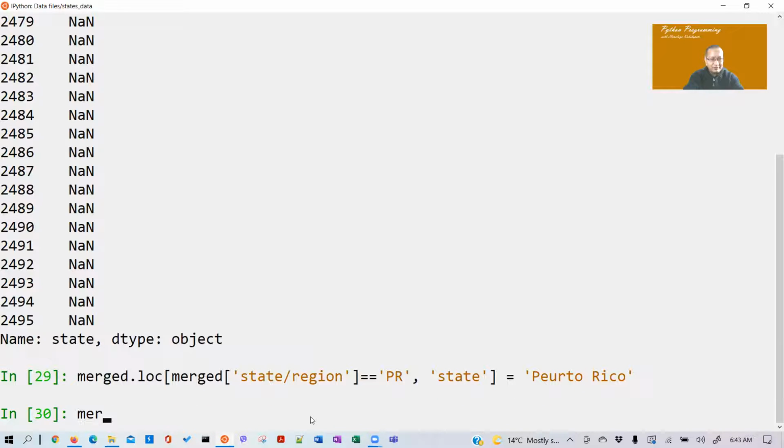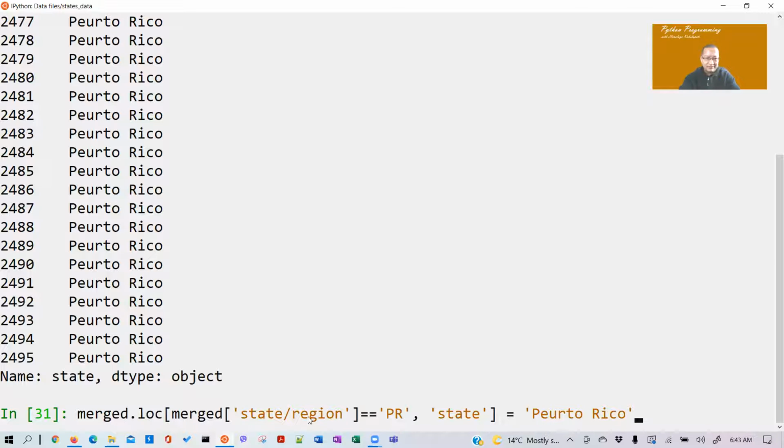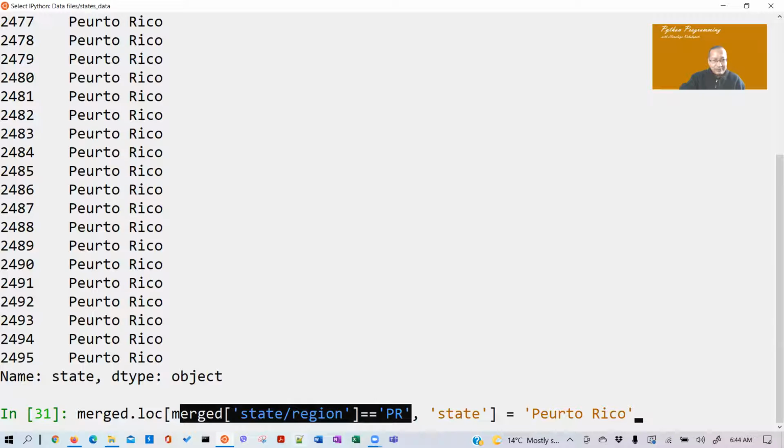Now if I do merged, now if I do this, say I get all right? All right, so now what happened? What did I do? Okay, let me explain. So, okay, so let me first, same thing. Okay, let me explain. So, merged state region is equal to PR. You see, the merged state region, PR,